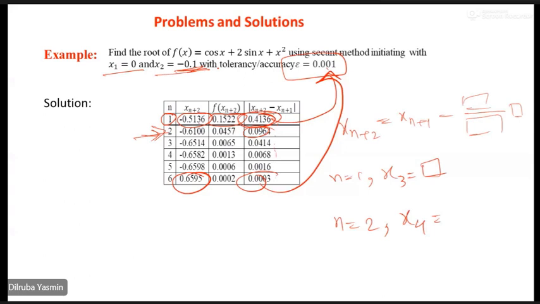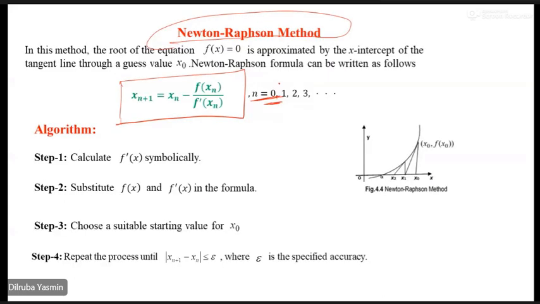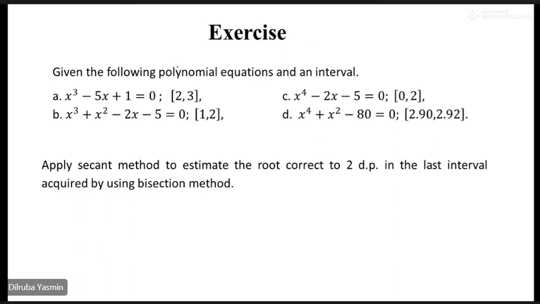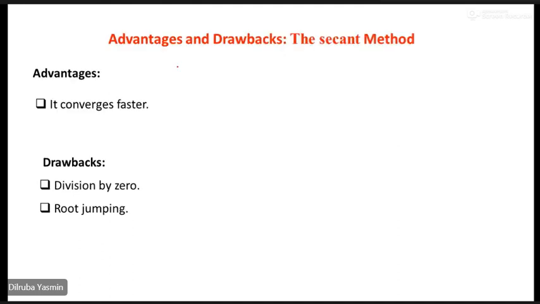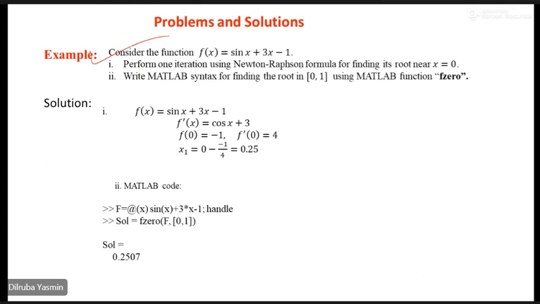For the secant method, the n value starts from 1, and for the Newton-Raphson method, the n value starts from 0. So you have to follow these algorithms for getting close to the accuracy value. For the Newton-Raphson method, only one guess value exists, and for the secant method, two guess values exist. Remember this one. A similar type of question could arise in the assessment, where you have to perform one iteration